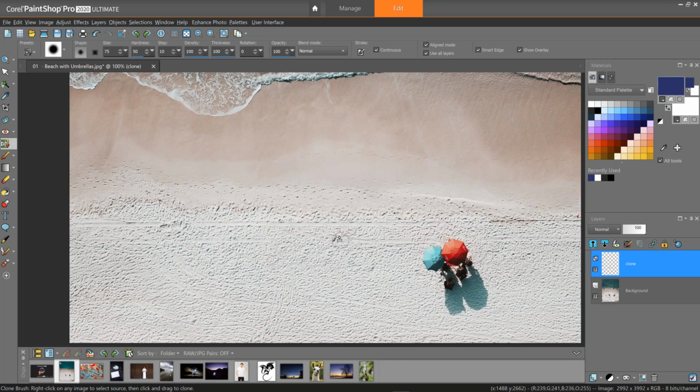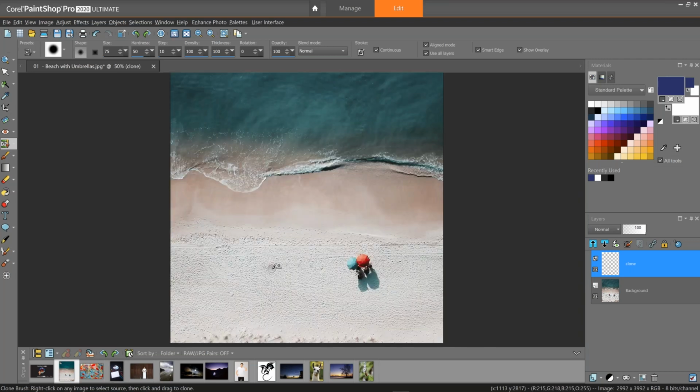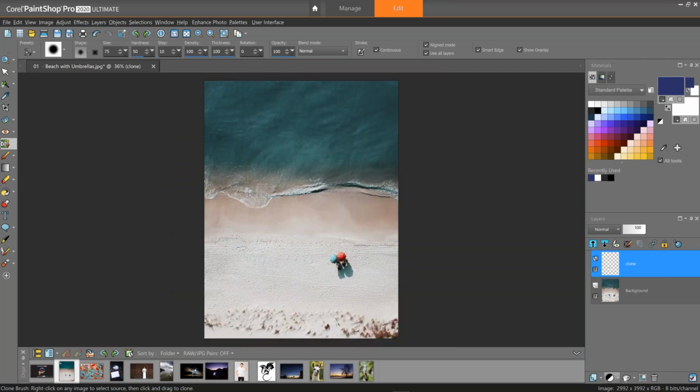Now, the value proposition here, let me just try and do this better. The value proposition here is, of course, that because we're working on a layer, the information is completely non-destructive, right? And I'm going to share with you how that's going to come together in a minute. That's better. There we go. Okay. So if I zoom out now, there's a couple of things I would like to do to this image. It's not quite as saturated as I would like. So I'm going to introduce an adjustment layer right here. So we'll choose adjustment layer and